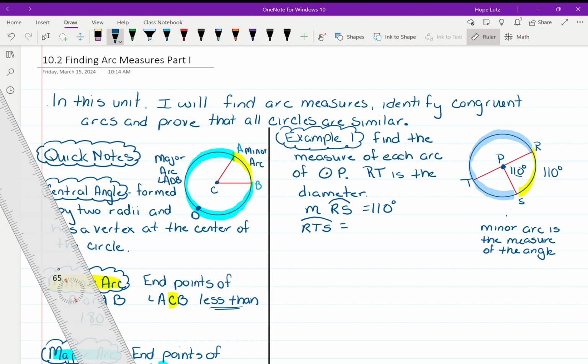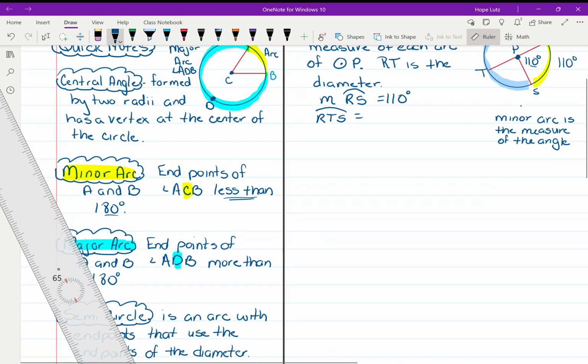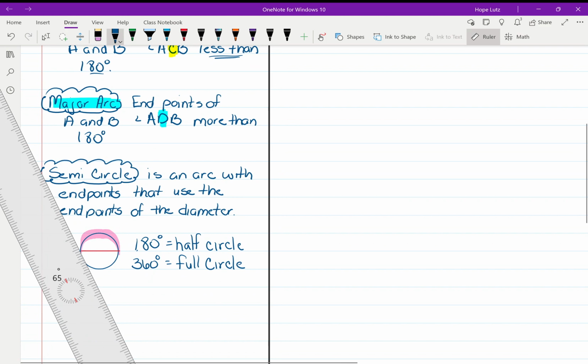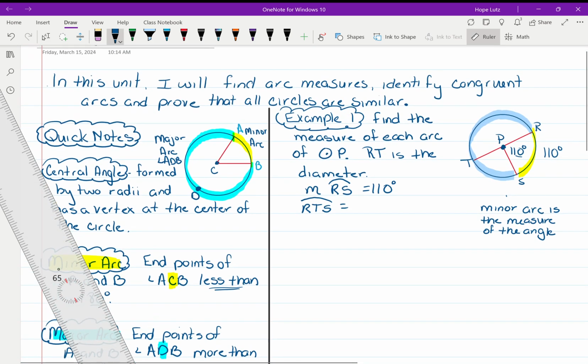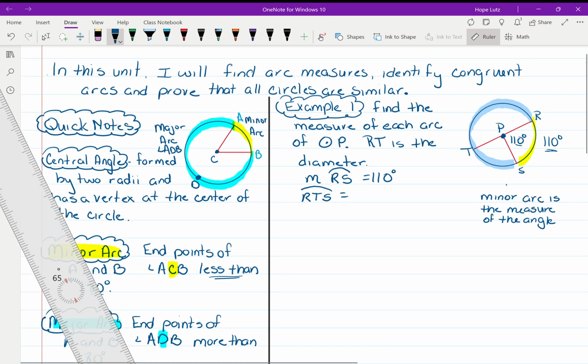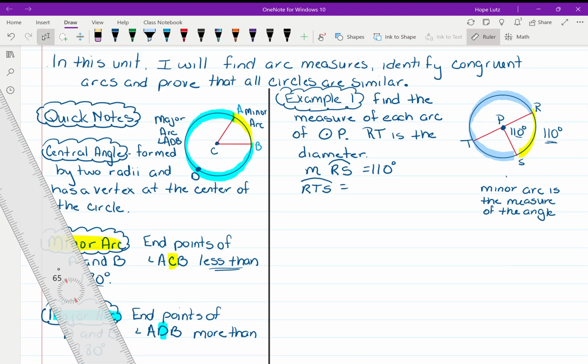So what did we write down here? Let's go back down here for a second. What did we say a full circle equaled? We said 360. Well, if we know the entire circle is 360, we can use this 110 to help us figure out what RTS is. So basically, the measure of RTS is 360 minus my measure of my arc,